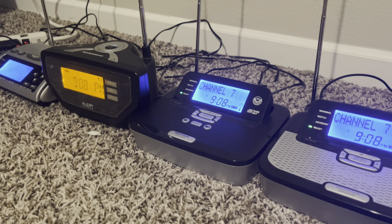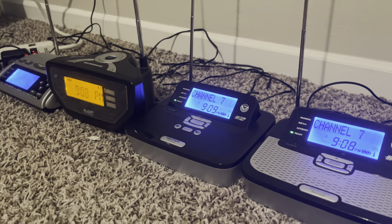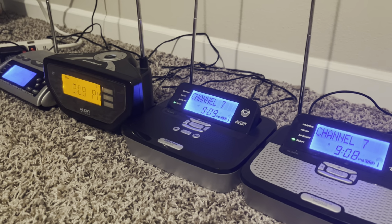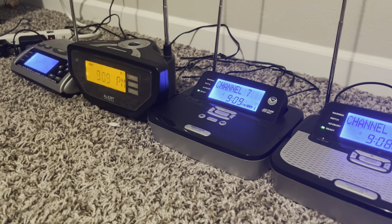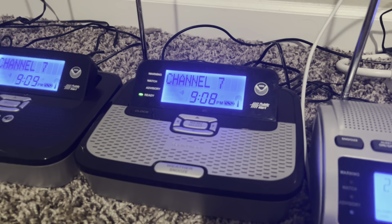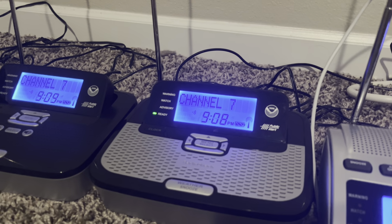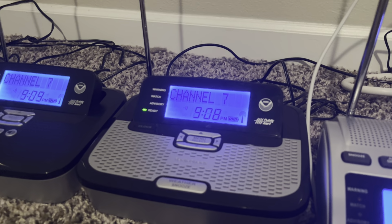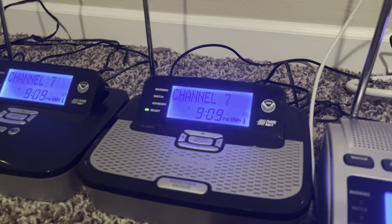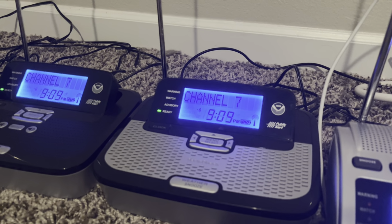But these are all my radios as of May 21st, 2025. I will do a 2026 collection. My newest radio in my collection is my 12262. I recently caught my newest favorite alert on it on May 16th, which was a PDS tornado warning, which is really cool. My rarest radio is probably my...